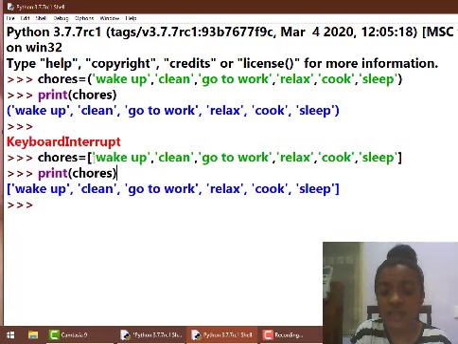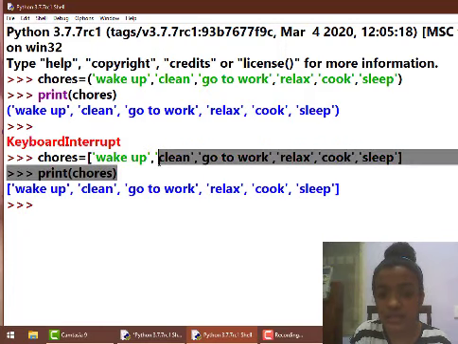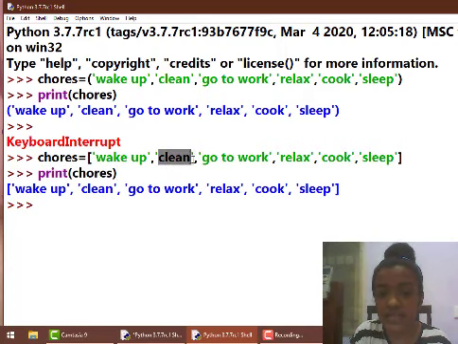In Python, indexes start from 0. So for example, the first index starts from 0. Since here the first item is wake up, it has the number 0, and the next item, clean, has the number 1, and the next item, go to work, has the number 2, and the next item, relax, has the number 3.